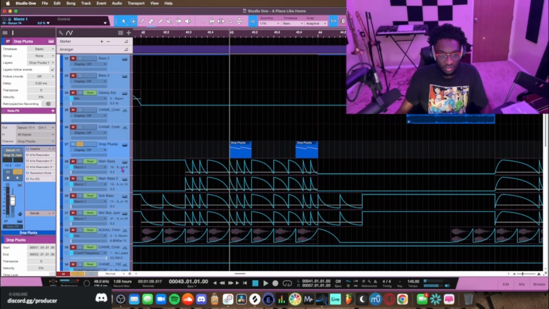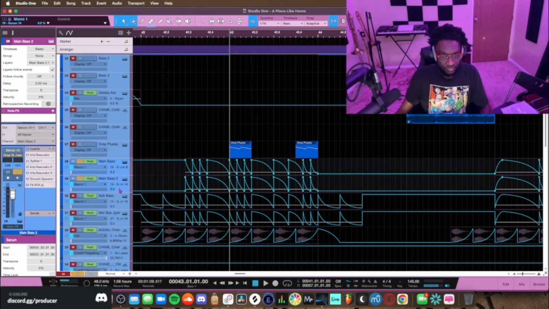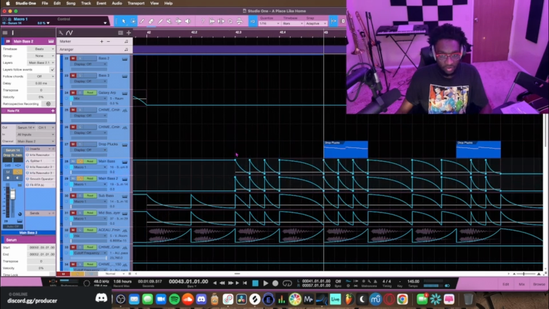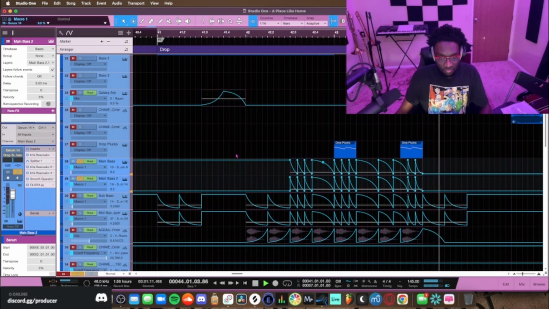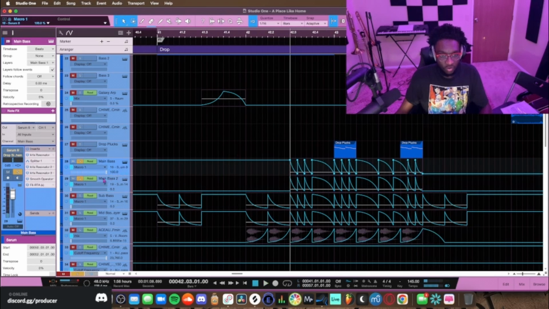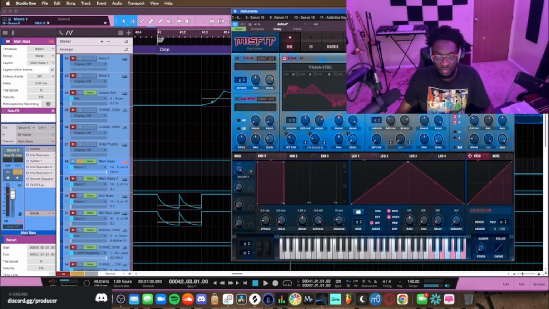As for the main bass, I'm layering the main bass twice. The first layer sounds like this, and for this, it's just the Trilobite 2 and a square wave, and I'm FMing oscillator A into B,